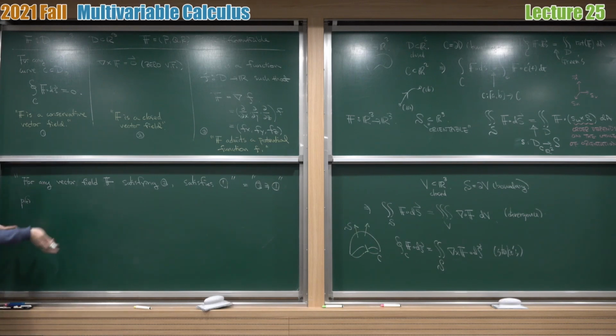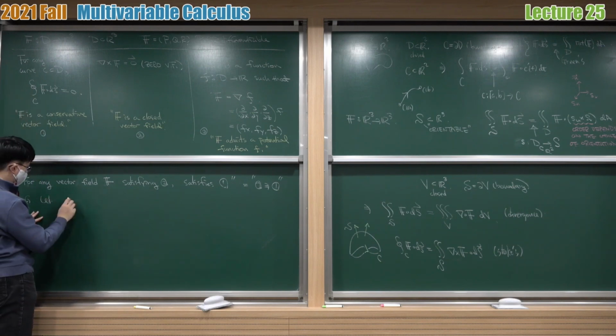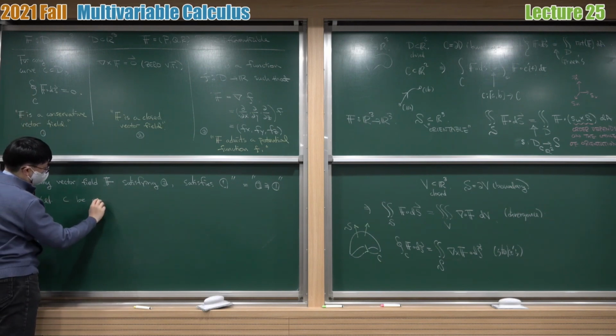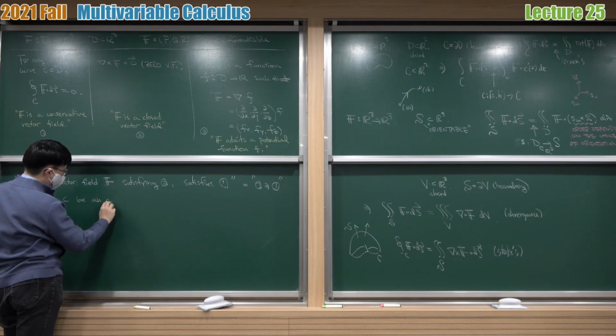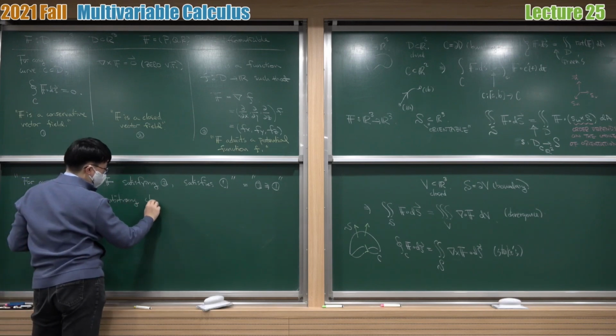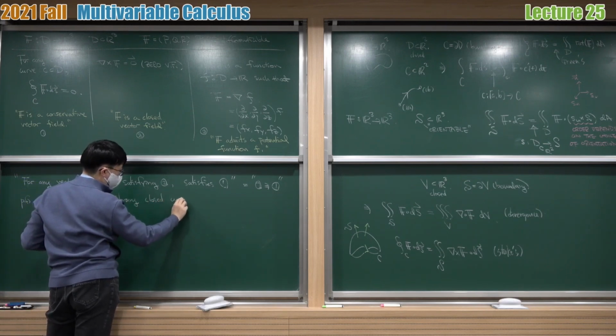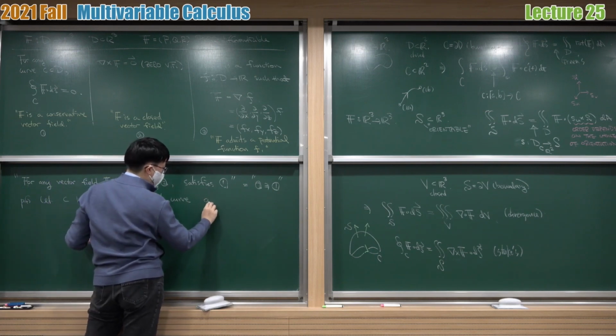All right, so what we want to prove is that f satisfies this first condition, that if I take any closed curve inside the volume D, then this line integral over the closed curve is 0. So that means I have to start with any closed curve. Let C be an arbitrary closed curve,